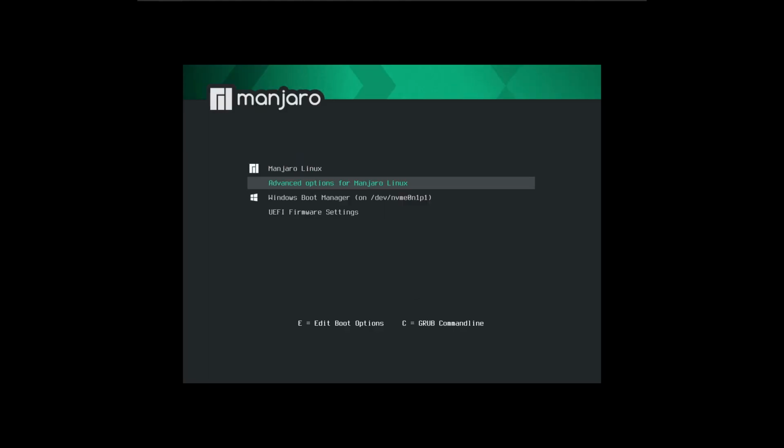That is the successful installation of Manjaro because that is the GRUB menu and you can choose any one of your preferable operating systems to work, like Manjaro Linux or the Windows Boot Manager. That is how we can dual boot the Windows 10 or 7 and the Manjaro Linux operating system in GPT mode.